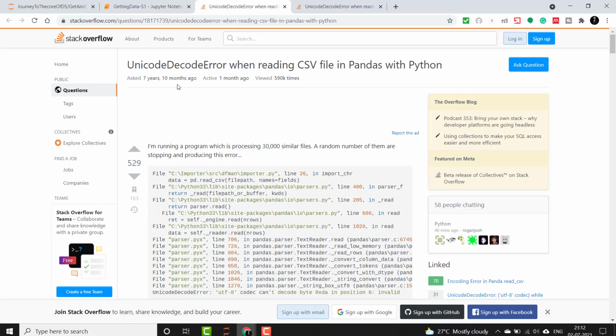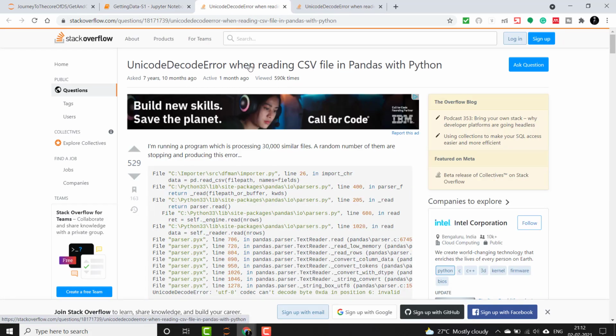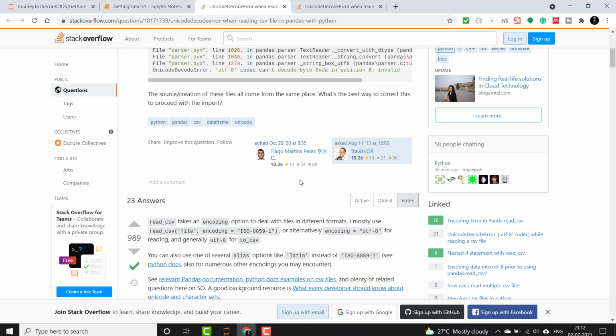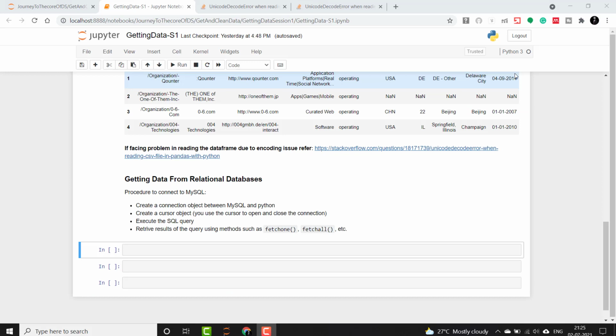When you go here, you will find that it is Unicode decode error while reading CSV file in pandas. So if you are facing such issues, you can check here. They are providing encoding here as a separate parameter in read_csv, which you can include in your case and it will work.